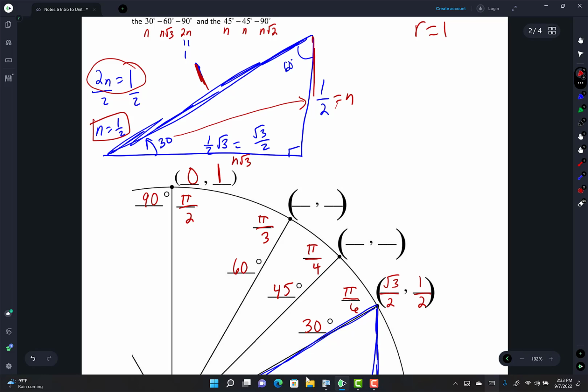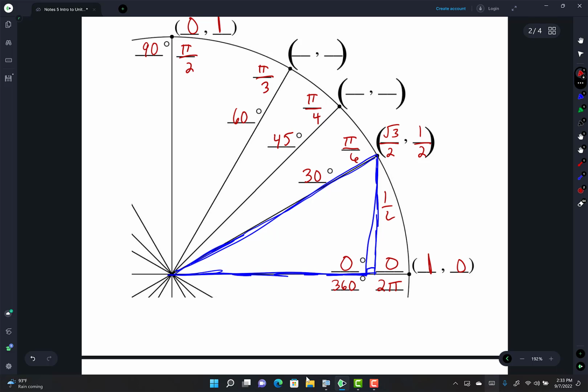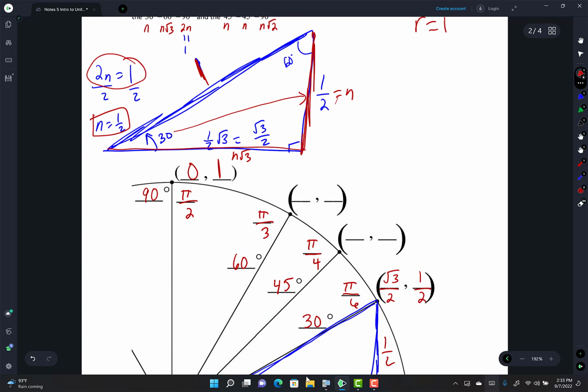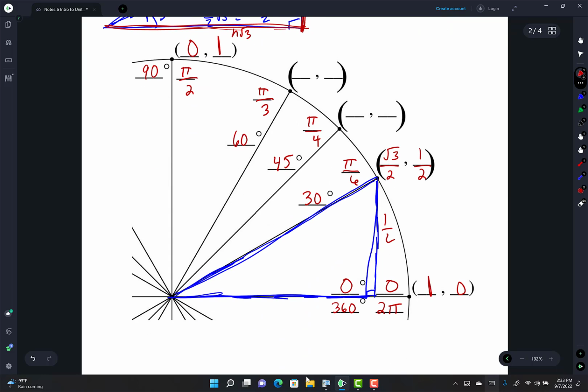This distance here is a vertical displacement, so it must be the y value because this is 1/2. And then this distance here is a horizontal displacement from the origin to way over here, so that must be an x value. Does that make sense? It's okay to say no if it didn't make sense. I understand how you got it, but how do you determine where you place them? Like, why isn't it like